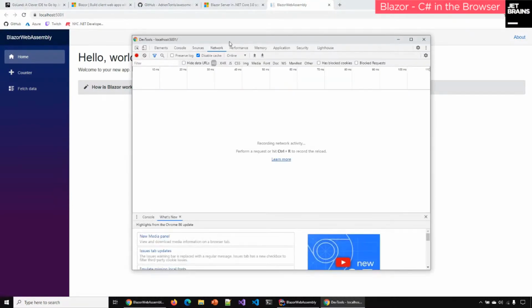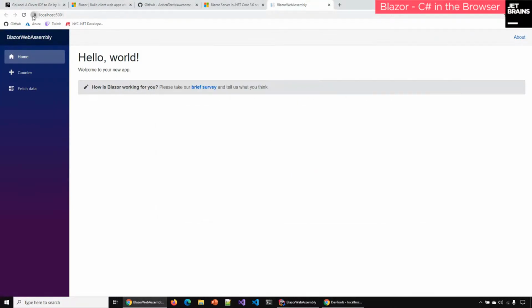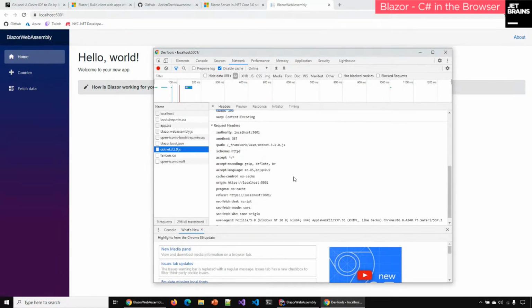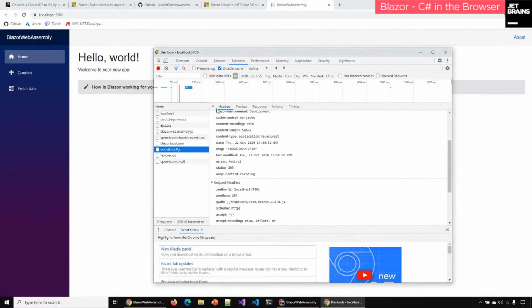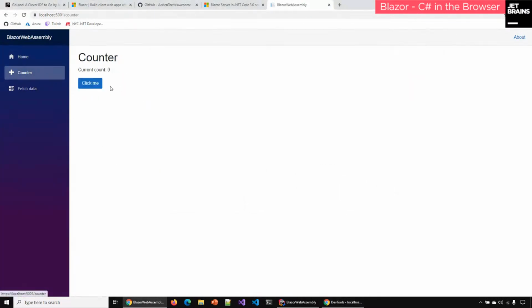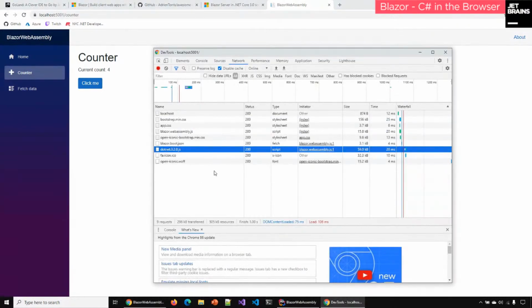And so here, great. Let's now look at the network. Let's do a cache and refresh. Now you can see we have the .NET, the Blazor WebAssembly JavaScript, which is responsible for running the .NET, and dotnet.js is responsible for loading all that WebAssembly stuff. And you can see there's no WebSocket here from SignalR. So if you click all this, you won't see any kind of updates here.